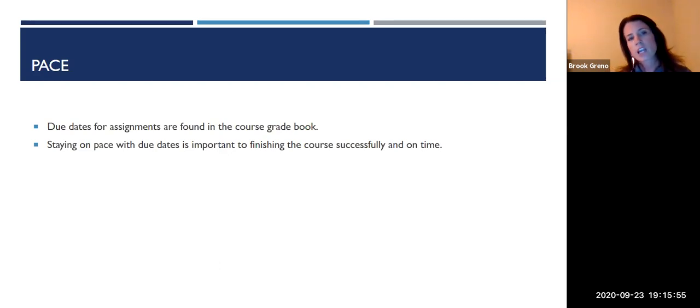So that's kind of our gauge that we monitor in terms of being on pace, ahead of pace, or behind pace. And that's all based on those due dates that are, again, automatically assigned based on your start and end date. So if those ever change, those due dates will change also. So that's the pace that you want to maintain as you work through your eSchool courses. And that's going to help you finish up on time and make sure that you do finish by your end date.